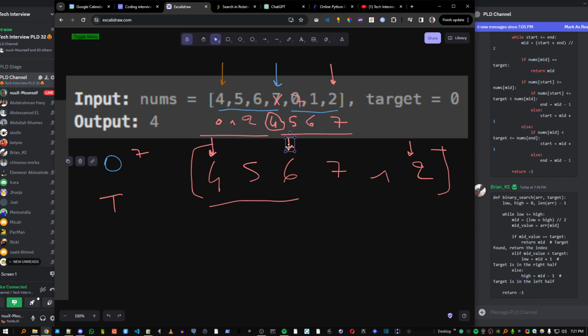And if it was between this side, then we're gonna move the high to here, and then we calculate the new middle. You know what I mean? Yeah, I get you. So it's still binary search, but by knowing